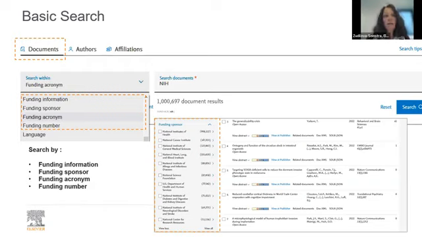And last but not least, funding information will have a combined search by looking into funding acknowledgements in the paper, but also all the other fields that I just mentioned. So if you see on the screen, I tried to search by selecting the option funding acronym and acronym NIH,